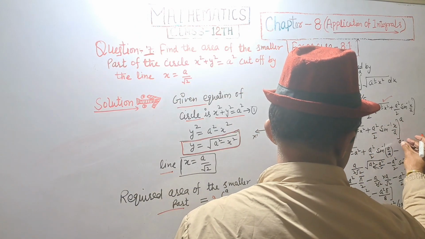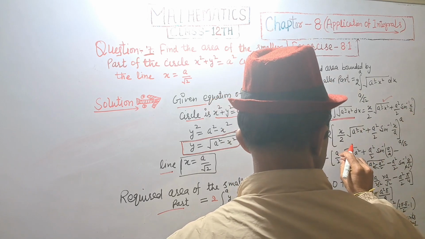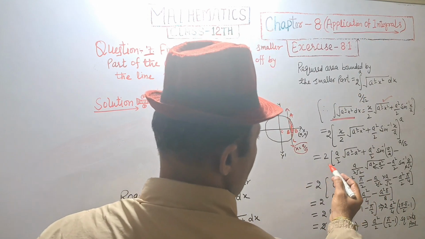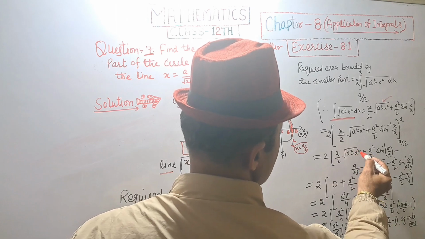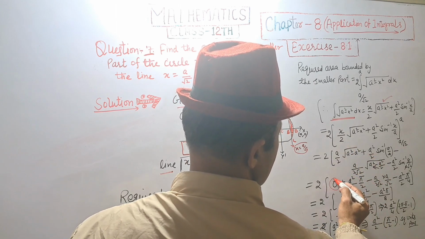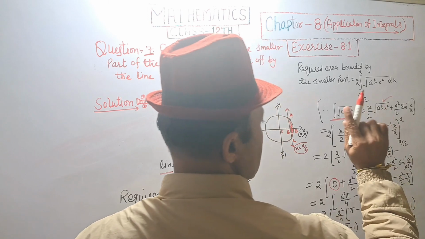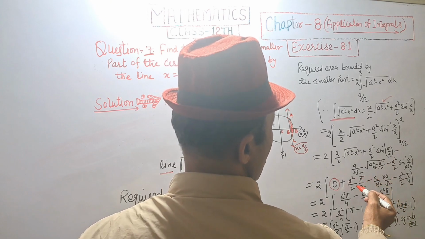Lower limit is a upon root 2, upper limit is a. We are putting upper limit first and minus lower limit second. A upon 2 root a square minus a square, that will be 0. So it will be 0 and a square upon 2 sin inverse a upon a, sin inverse 1. We know that sin inverse 1 is equal to pi upon 2,